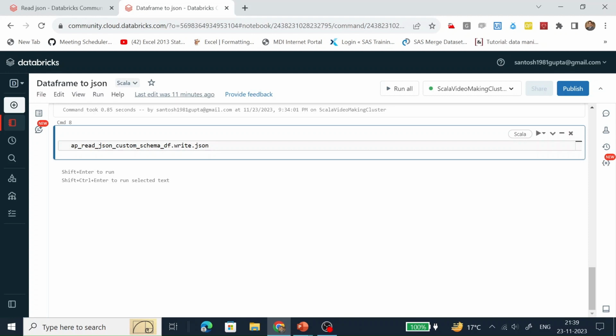Before JSON, we can also call the mode function. Write dot mode. What is the mode? The mode is the save mode. First is overwrite, and then JSON. And what is the path of the JSON?